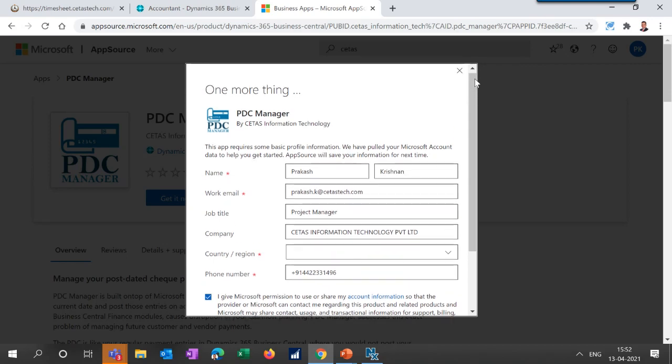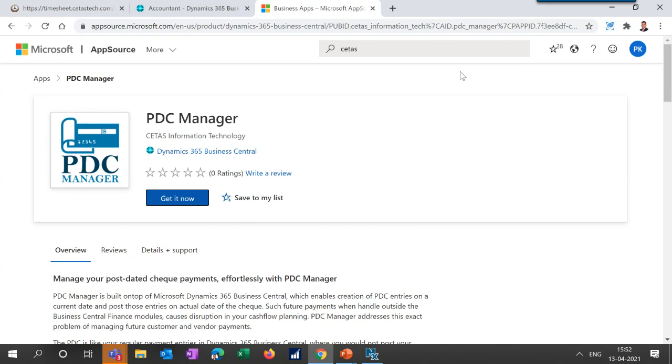And the app itself is free for the first 100 checks in a month. So you're free to try them out up to 100 checks. Only beyond 100 checks, there will be some subscription fee applicable. Otherwise, for the first 100 checks, it is free to use. The counter resets every month, so in a month, you can use up to 100 checks.